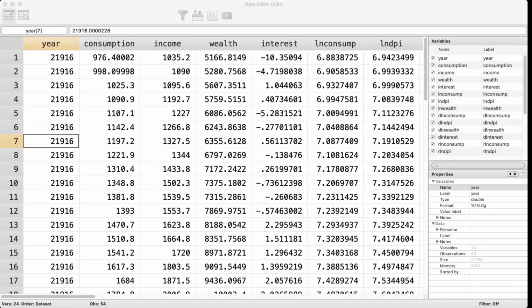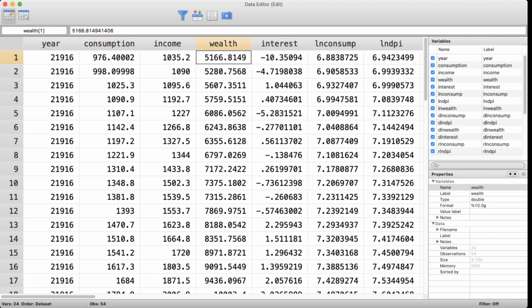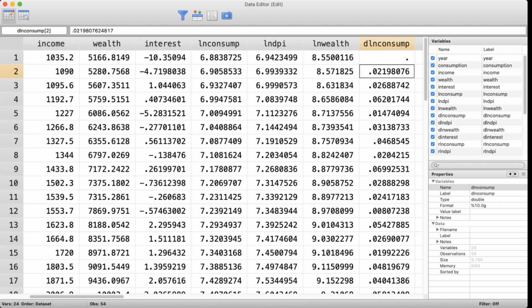Okay, here we have this data editor, and in this data editor we have consumption, income, wealth, all these variables as they are, interest, and then we have taken the log of it: log of consumption, log of disposable personal income, DPI, so it's essentially the same as log of income, and then we have log of wealth. But then what I have done is I have subtracted log of consumption from the previous period. So log of consumption in this period is 6.88, here it is 6.905. So if I take a difference, it is going to be